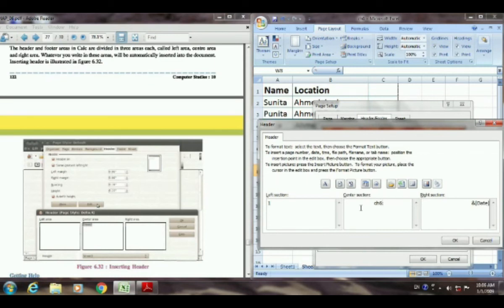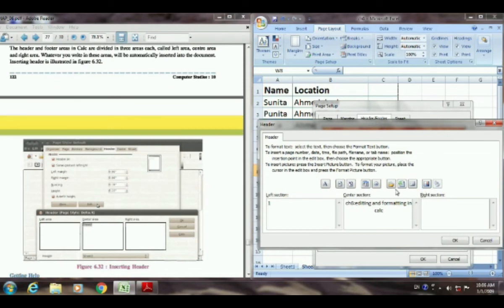editing and formatting in Calc. So this is chapter 6, and in the right section I will write today's date. These things you may type, and you may write manually also.